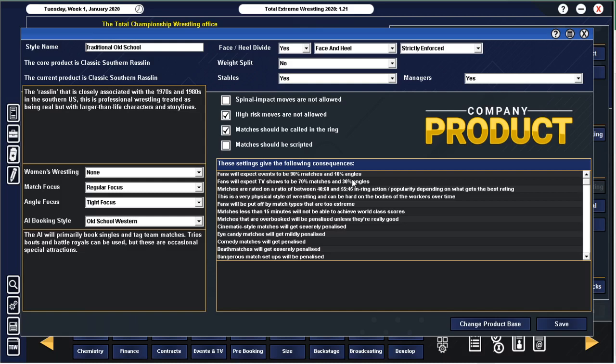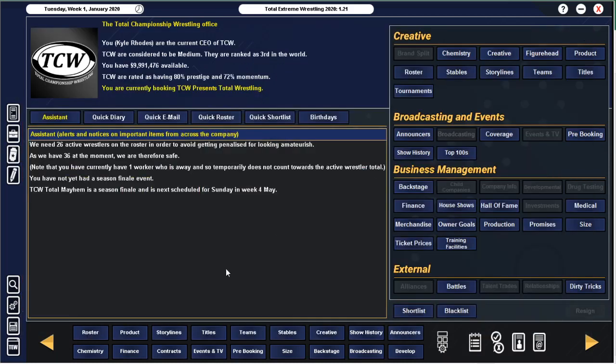And they need to go. If we want our top 3 matches to get good ratings, they need to be over 15 minutes. And not be overbooked unless they're going to be really good. So we'll definitely do that. And obviously we want to get over those people that I've marked in gold on Excel. We want to get those over, and we'll be using